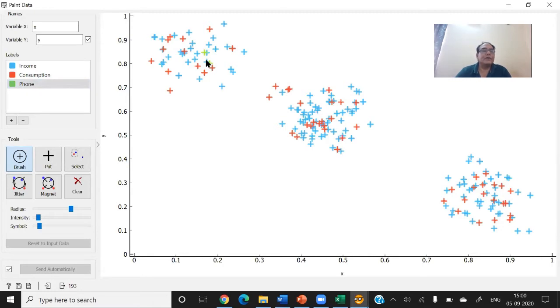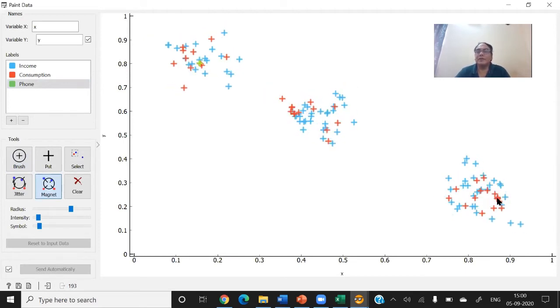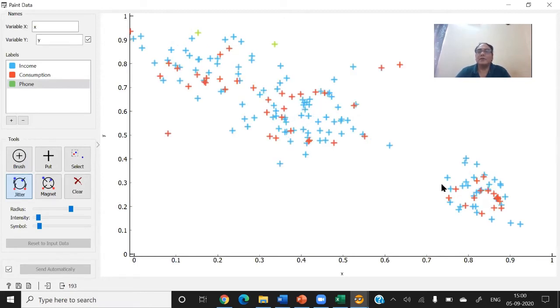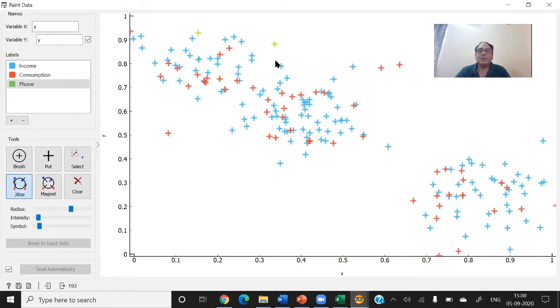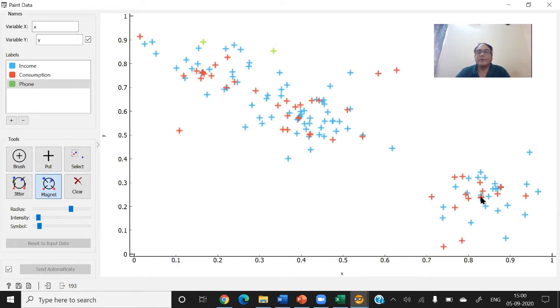If you want to keep them near, you should click on magnet, so they will come near. Jitter means throwing away, and magnet means bringing together. So you have different options. I think this is fine, and now close it.